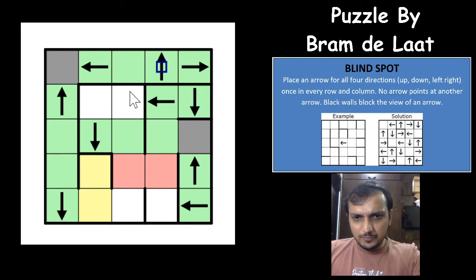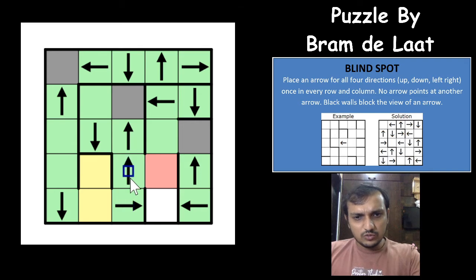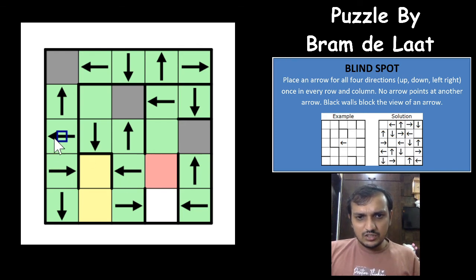The arrow pointing up will have to be here, arrow pointing down will have to be here, arrow pointing up will have to be here, and this would have to be a non-arrow cell. All of these will have to be arrow cells, left and right, right? So this would have to be the right arrow, this would have to be the left arrow. Sorry, this would have to be the right arrow, this would have to be the left arrow, because you already have a left arrow here. And if this is a left arrow here, right arrow cannot be here, it would have to be here.